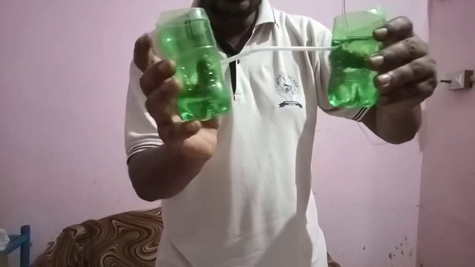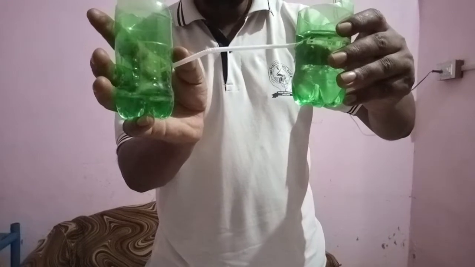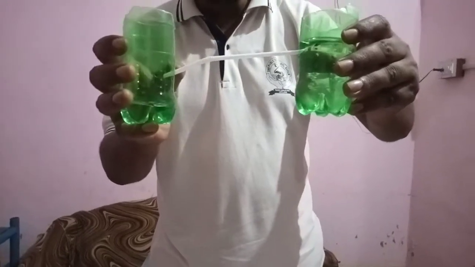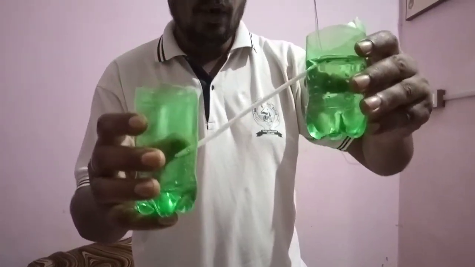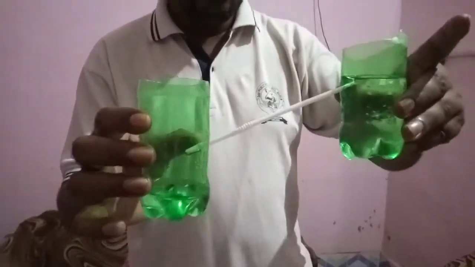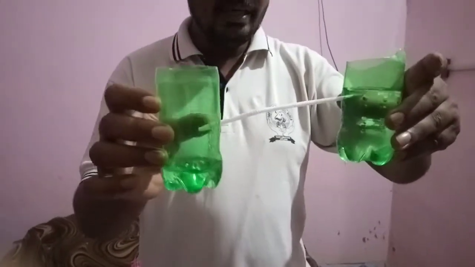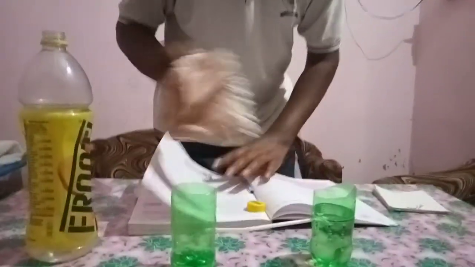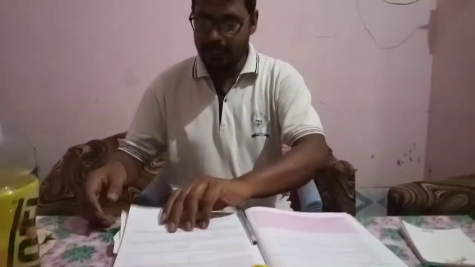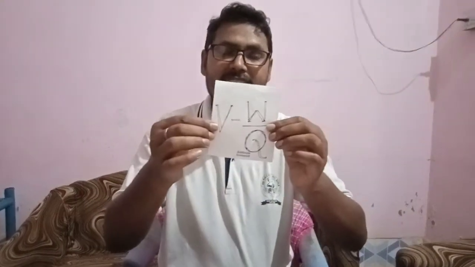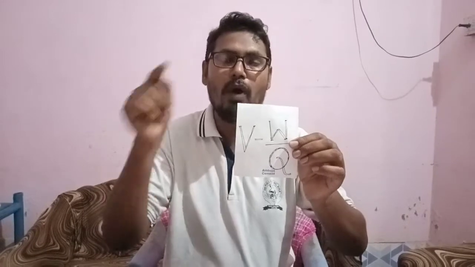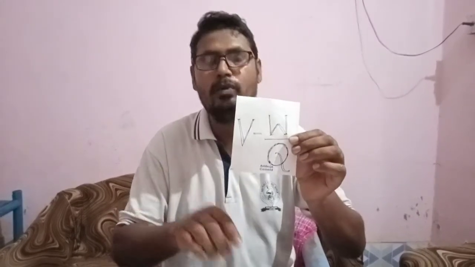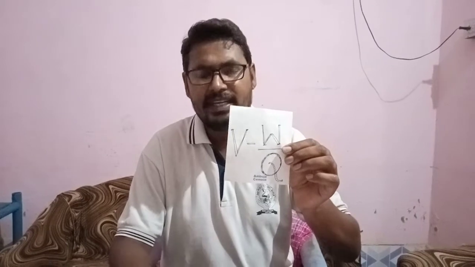If you go by analogy, water is electrons or charge particles, and the energy difference between the tubes is said to be the potential difference. Exactly what we can discuss today, electric potential. So electric potential, students: when a point charge is brought from infinity to our point, that movement we can say is called electric potential.